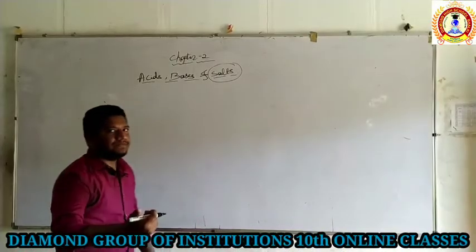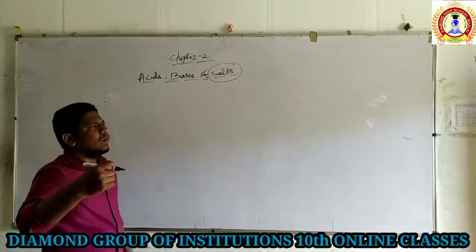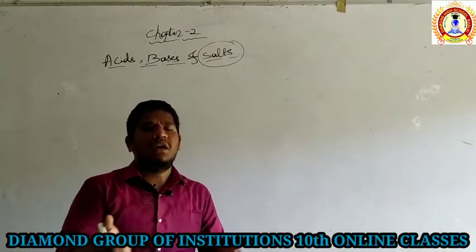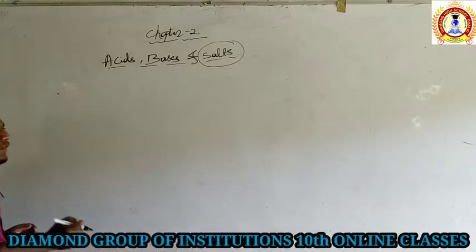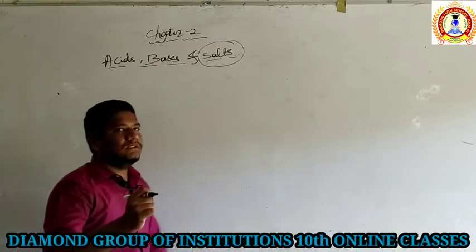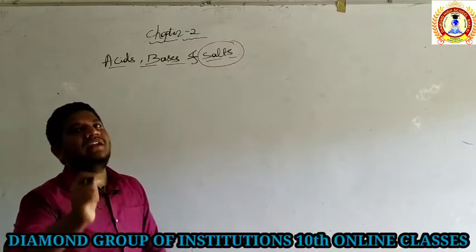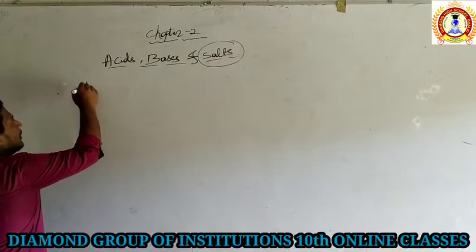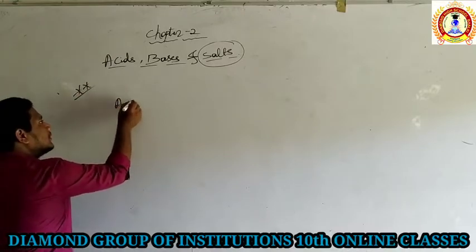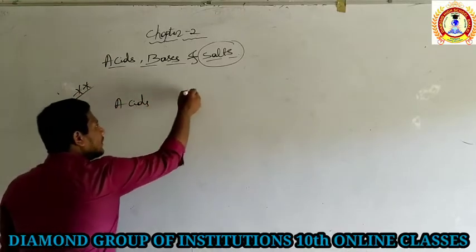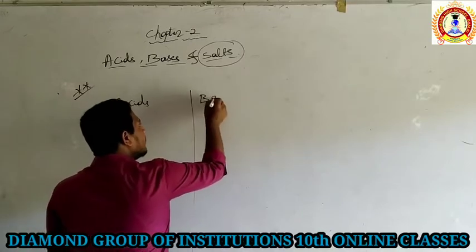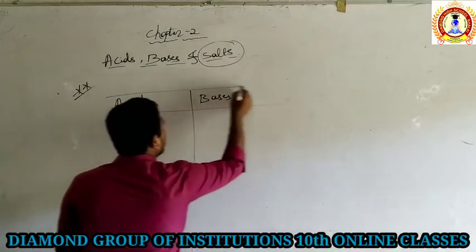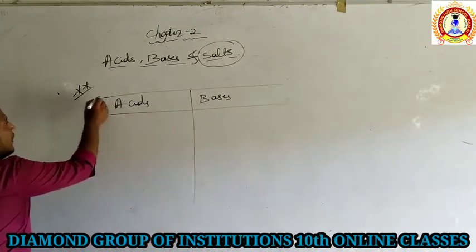If in examination one question will arise on acids and bases, compulsory for 1 mark or 2 marks, it is very important. If in examination it is asked, write the difference between acids and bases, the simple way is you just make two columns. It is an important question. Acids and bases. So write their properties here.